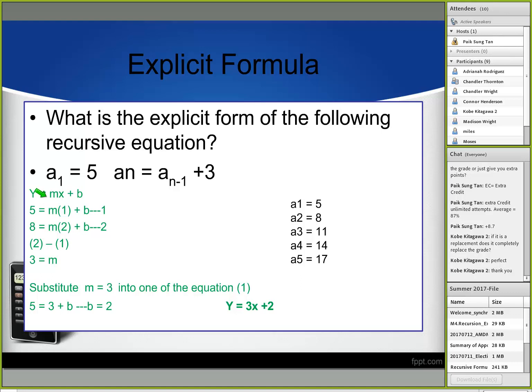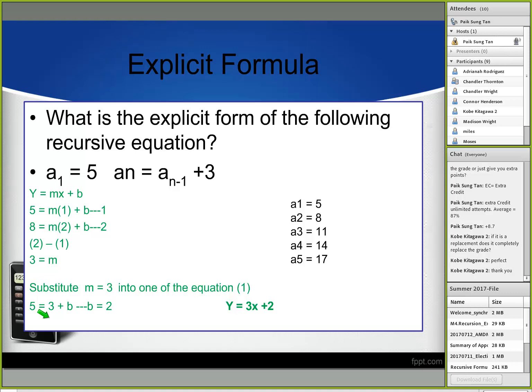So I go to the first equation. I know my m is 3. So now phi is equal to 3 times 1 plus b. And you subtract 3 from both sides, you get b is 2. Okay, so this is some algebra,